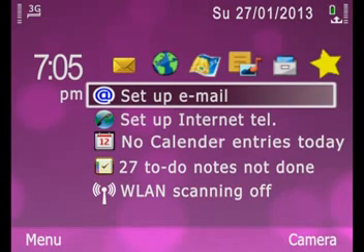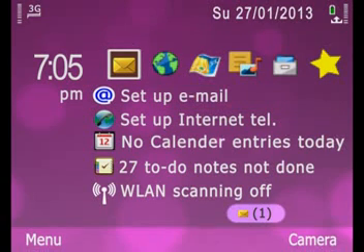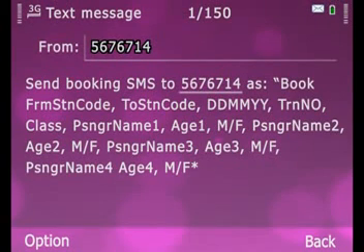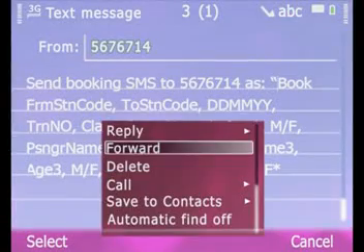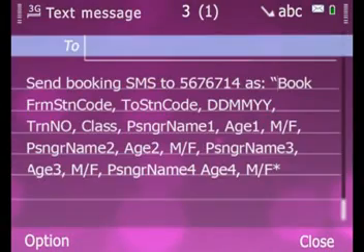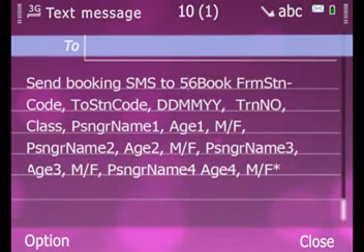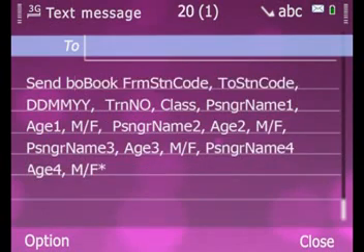As you see, we get an SMS in response to the message sent. This is the format of the SMS to be used for booking. Now, the user can edit this SMS to fill in his or her relevant ticket booking details. Let us start editing and composing this message for our booking. Book is followed by a space, and then edit the journey details like this.